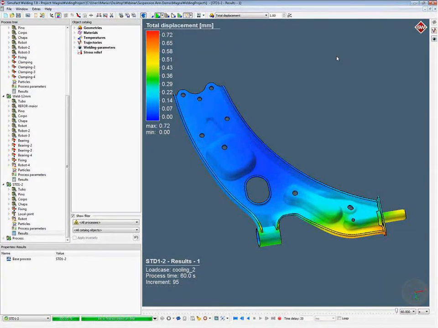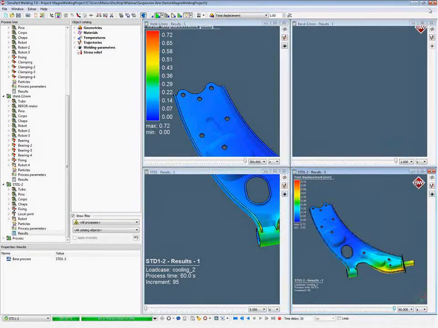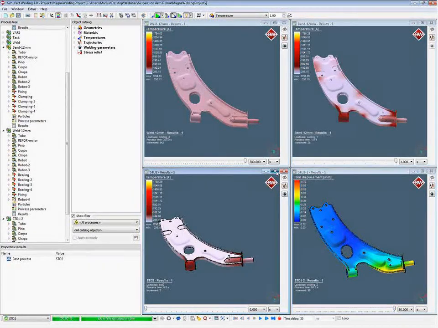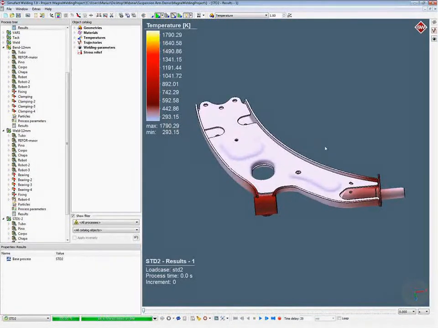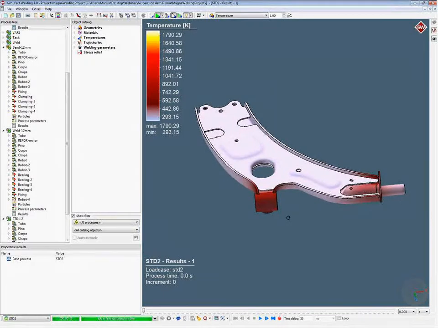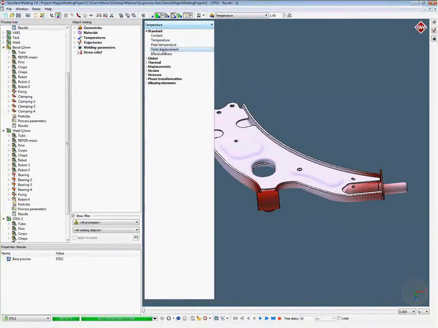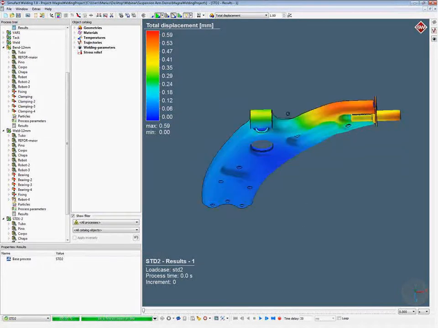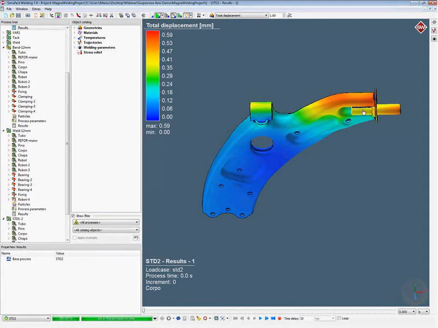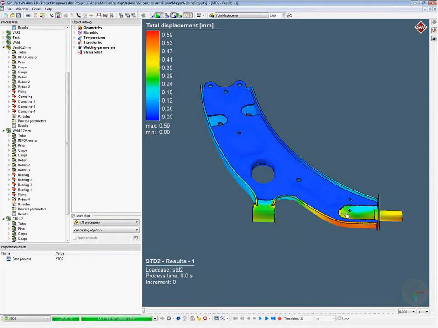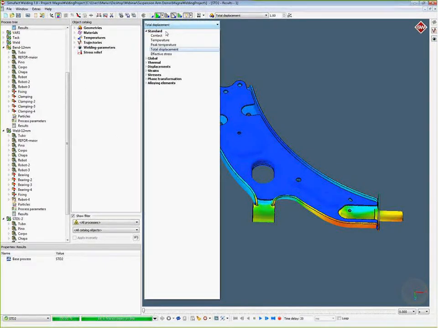Then you have a back plate that is welded here to this one. And this is stage 2. In order to do this simulation, you can simply make a copy from the previous result, add additional material, and then start all over again. So you can see this here. This is the distortion result from the previous simulation. And this is a new plate that is added to the simulation. And